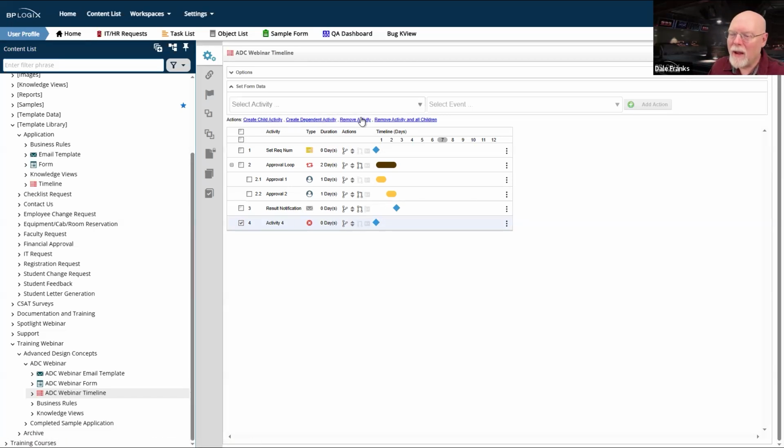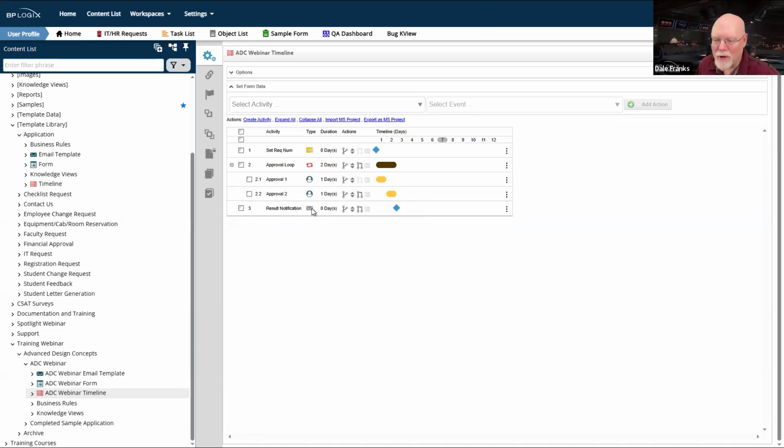With this configuration right here, process timelines, just as parent activities automatically end when the last child activity completes, always end when their last running activity completes.